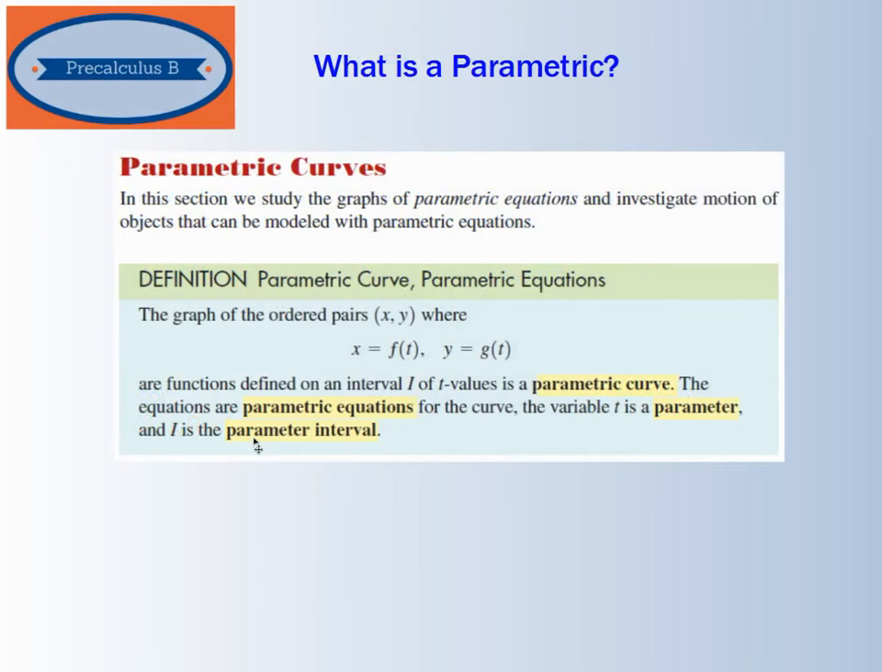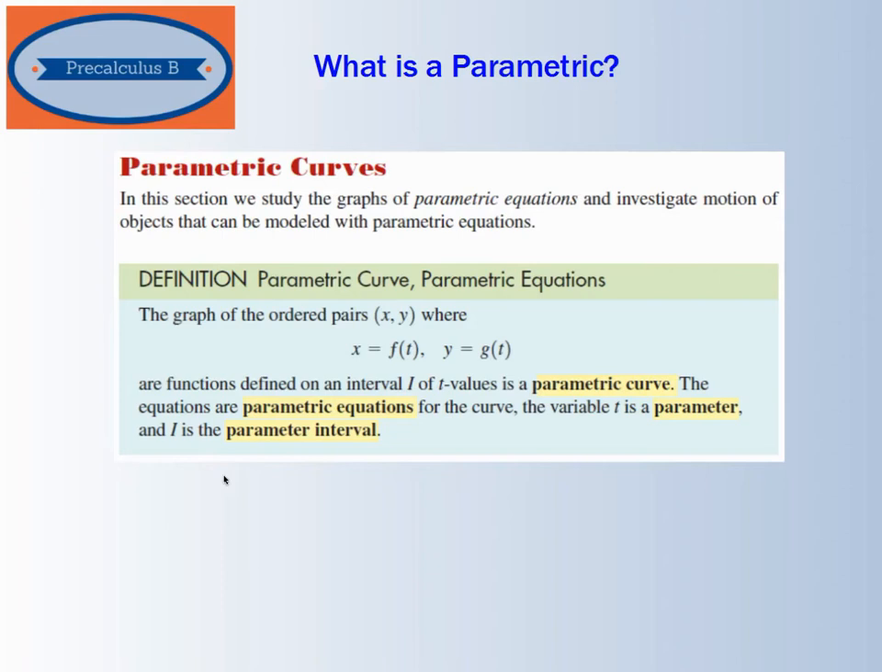All right. The definition of a parametric curve or parametric equations is that the graph of the ordered pairs x, y, where x is a function based on a separate variable t and y is a different function based on a variable t. They're functions defined on an interval of t values. All right, and we call this a parametric curve. The equations are parametric equations for this curve, and the variable t is a parameter, and I is the parameter interval. All right. So we're going to have an interval of time, maybe 1 to 10 seconds,